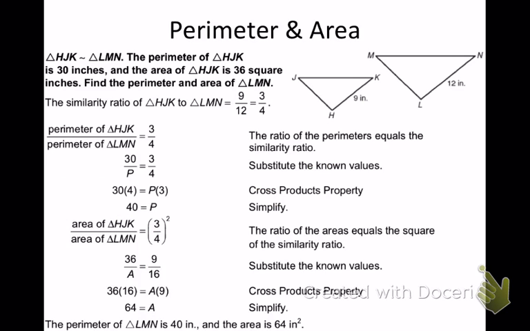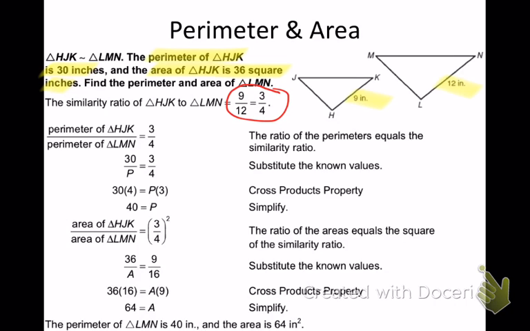There we go. So on a problem like this, I have two triangles and it says triangle HJK is similar to triangle LMN. The perimeter of HJK is 30 inches and the area of HJK is 36 square inches. Find the perimeter and area of LMN. Well, first off, I want to find the ratio of the sides. I have 9 and 12. My ratio is